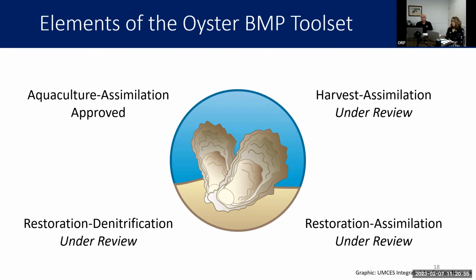This new report has 3 main components to it. The first, that we're going to be talking about today, is restoration practices and oysters removing nutrients through enhanced denitrification, specifically nitrogen. This report also talks about oyster restoration practices whereby nutrients are removed through assimilating nitrogen and phosphorus into their tissue and shell. And then lastly, oyster harvest practices where nutrients are removed through assimilation into oyster tissue, and then those oysters are removed from the water. So this set of 4 components to the Oyster BMP toolset is very comprehensive, but today we're really going to be focusing on restoration denitrification